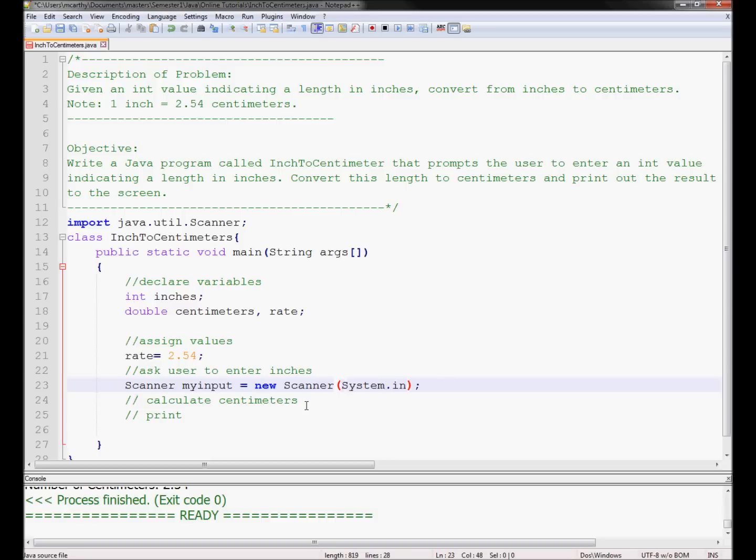Now what this line basically means is whatever is entered into the keyboard, assign it to this. That's all you need to know. You don't need to make it any more complicated, but when you're using the scanner, just learn off this line. It's not hard, it's only about 5 words. Okay, then what we need to say is